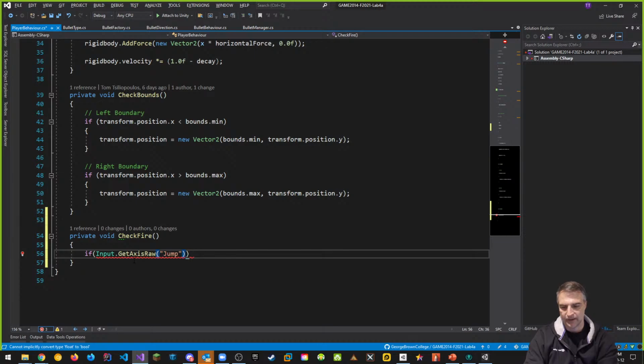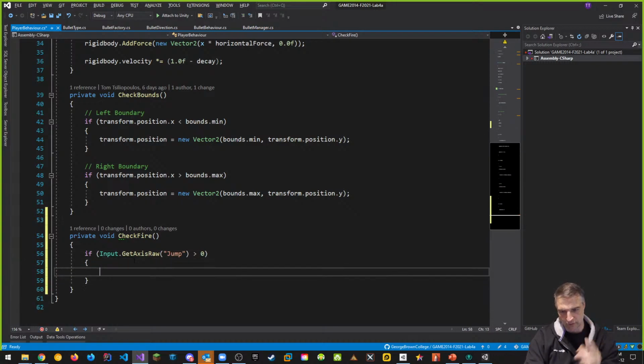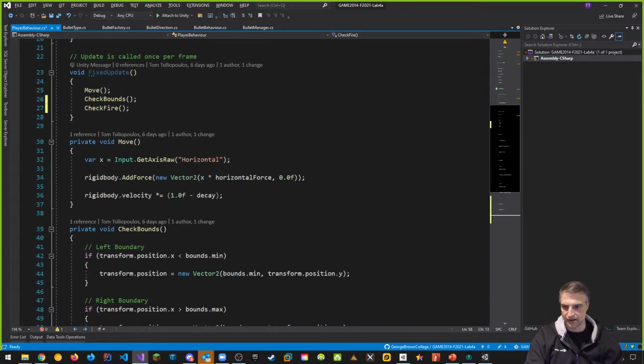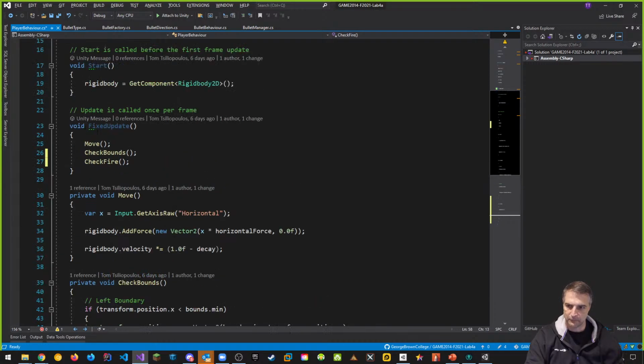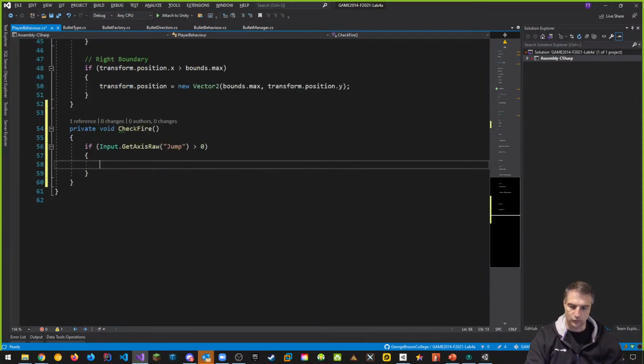If getAxisRaw jump is greater than 0, which means I press the button, right? If it's anything greater than 0, then I'm triggering my fire button for the first time. I'm doing it inside of my fixed update, which means I can't spam, right? It won't allow me to spam. It'll click it every single time. And when I check fire, if I hold the fire button down, I'll keep on launching bullets. Well, here is where I want to fire a bullet. How did I do it in my